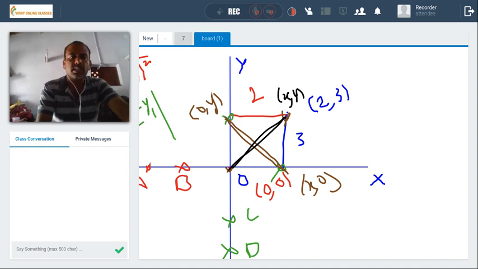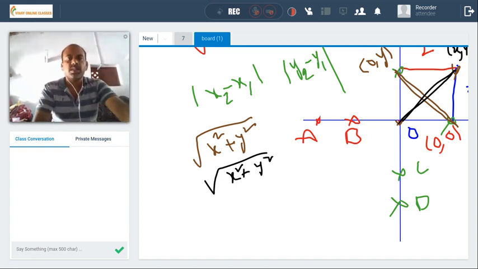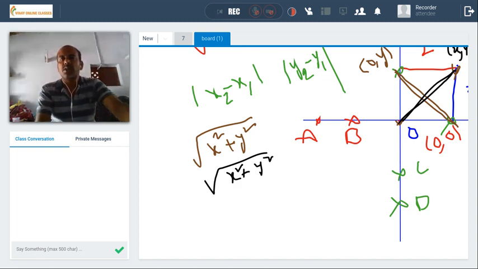In that case also you will get the same formula, square root of x square plus y square. If you substitute in the above formula, you will get the same square root of x square plus y square, because the origin coordinates are 0 comma 0 and the other point is x comma y, means x minus 0 whole square plus y minus 0 whole square. Again you will get square root of x square plus y square. So these are the main formulas for distance between 2 points.